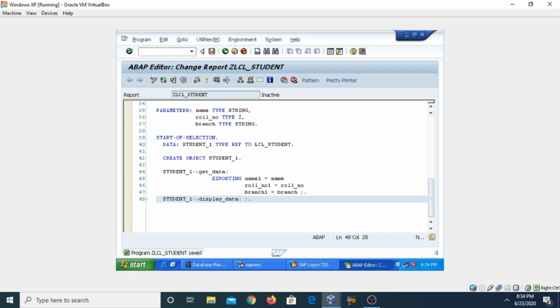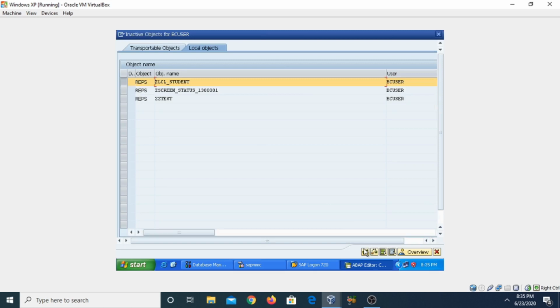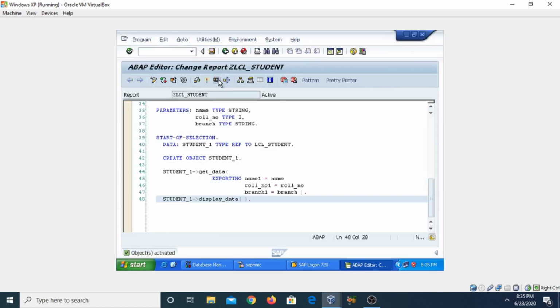As we have not taken any importing or exporting parameter, we are just going to display using display_data, so no need to use importing and exporting here. Then check for syntax errors, then activate it and then execute it.